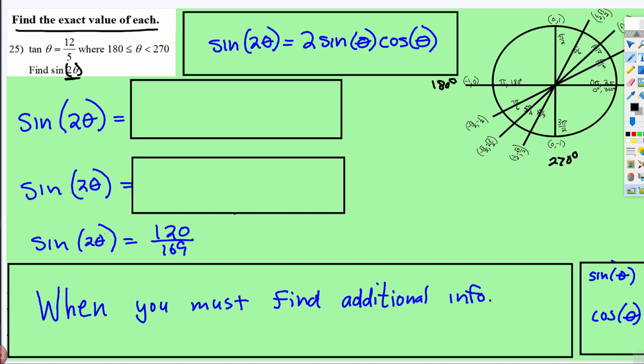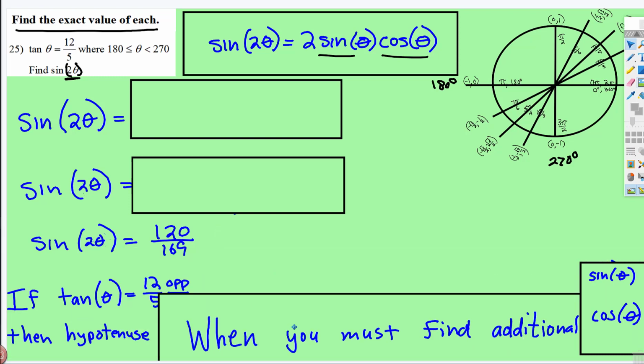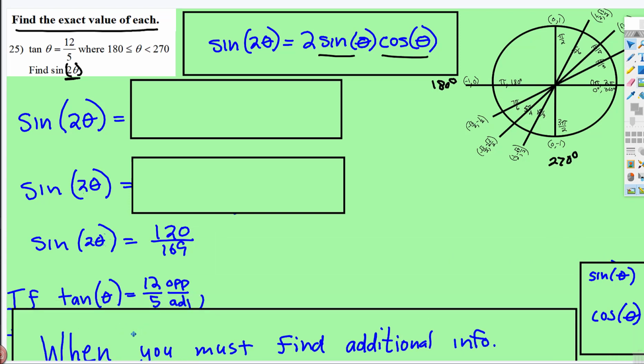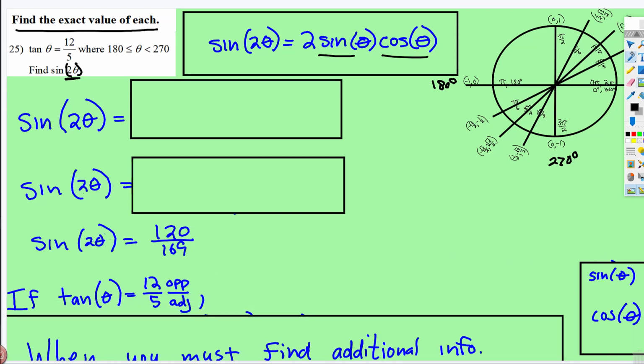And the reason that's important is because when you plug in the sine and cosine values, you'll know that in the third quadrant, both of those are negative. But the only information they tell you is the tangent. Well, when you must find additional information, think about it this way. So if tangent theta is 12/5, 12 is the opposite or the sine value, and 5 is the